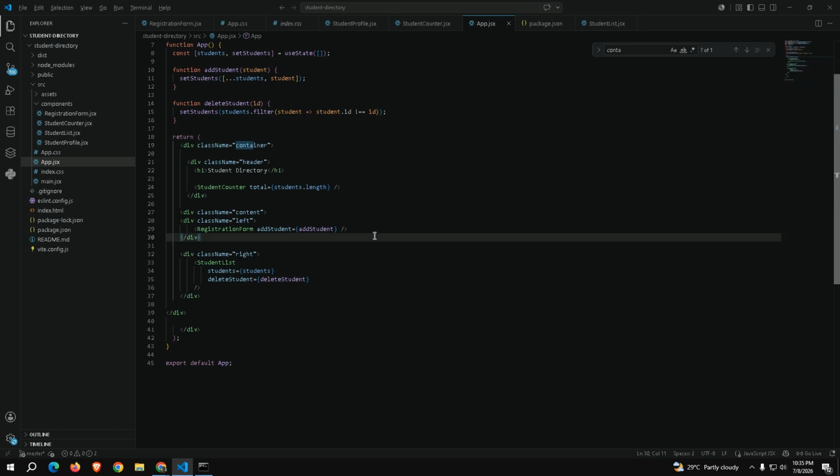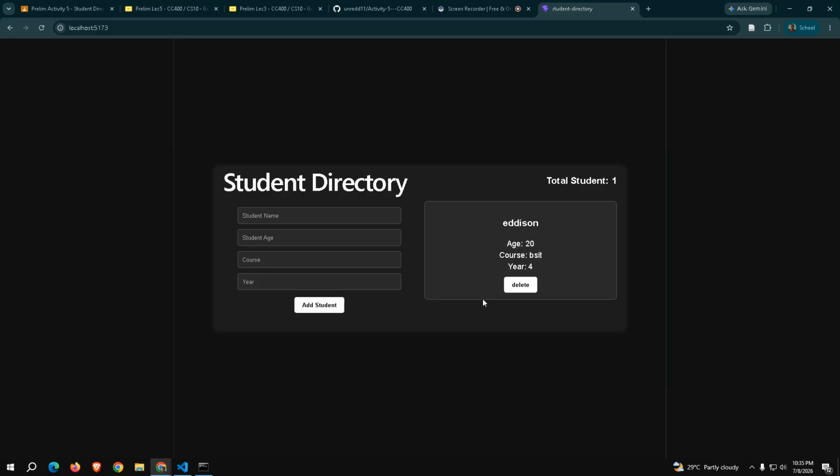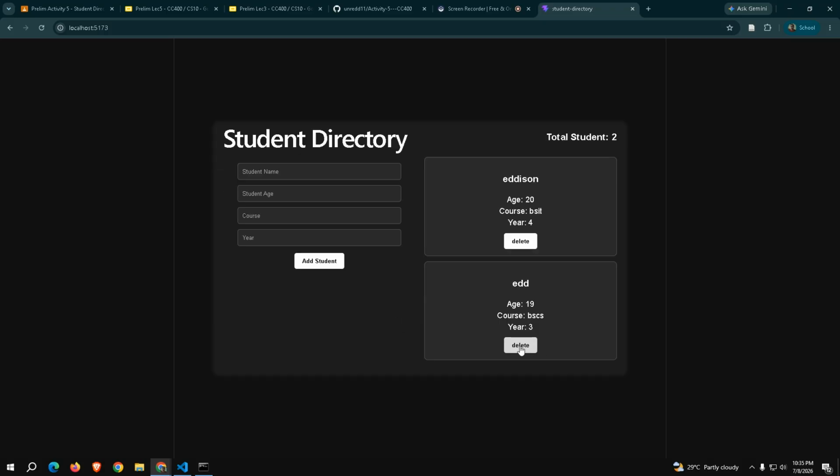In here we have chosen the right side, so div className right. Then it outputs the students. Then it deletes students if ever. So let's try an example. Let's try to delete.